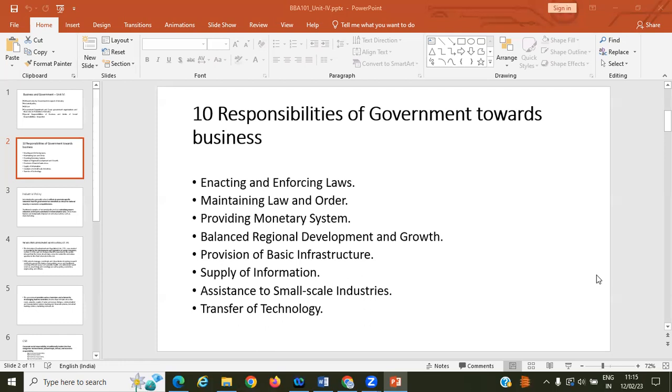Because they have to make sure all these facilities are available, what Ratan Tata is looking for. So any industry will look at the basic infrastructure, law and order, and laws, different technology, manpower, everything available in that region, in that locality. So government is responsible to provide all this. Then only your industrialization will come, your different factory outlets will come.